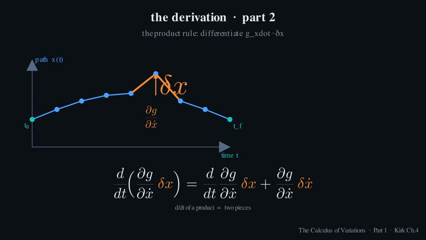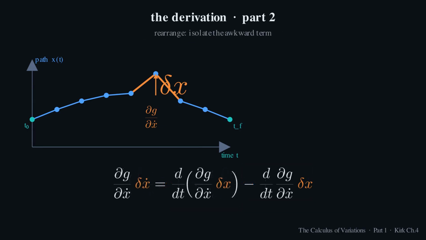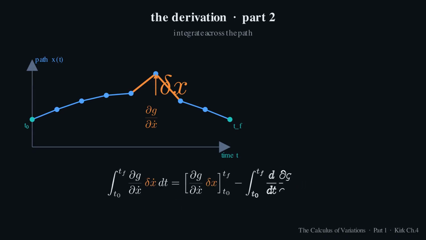The slope cost, partial g by partial x dot, times the wiggle delta x. The d by dt of that product equals the rate of change of the slope cost times delta x plus the slope cost times the d by dt of delta x. And that very last piece is exactly our awkward term, partial g by partial x dot times delta x dot. So rearrange to isolate it. The awkward term equals the total derivative of the product minus the rate of change of the slope cost times